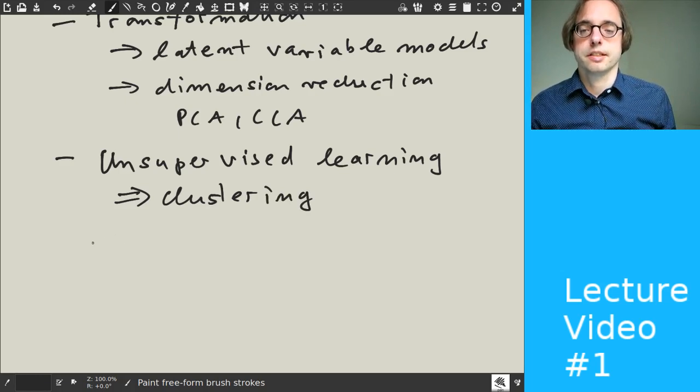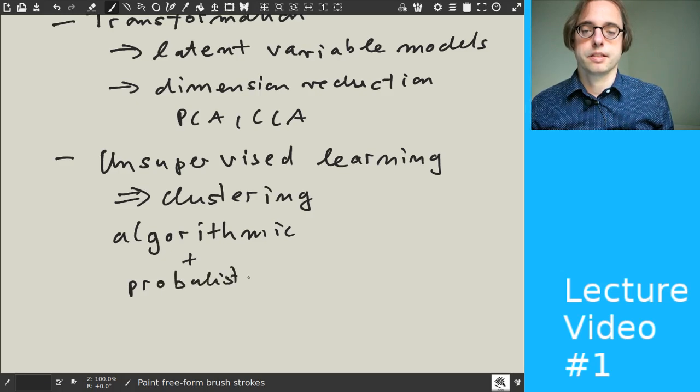And so we look into algorithmic and we look into probabilistic models to do this, or algorithms,